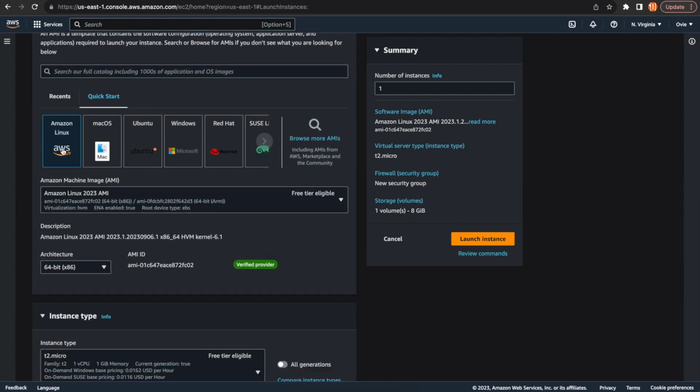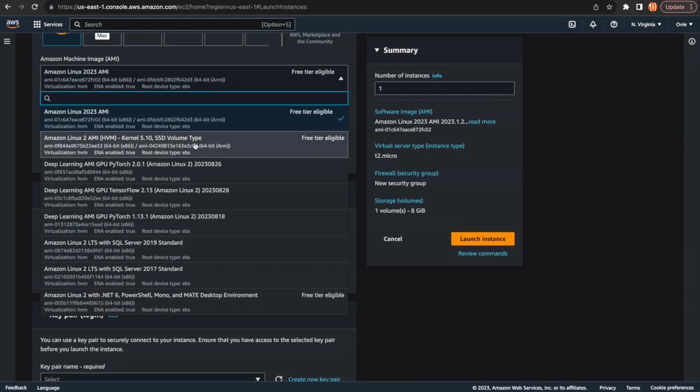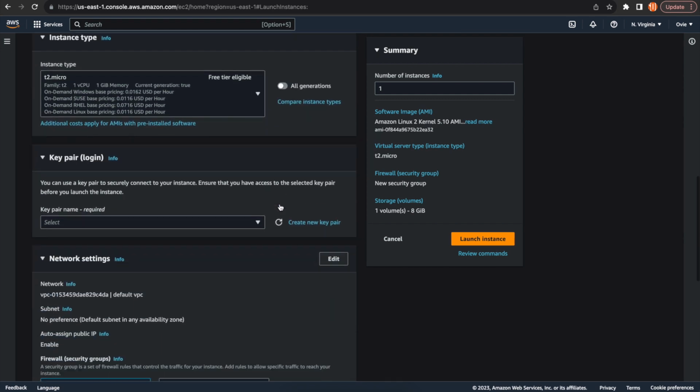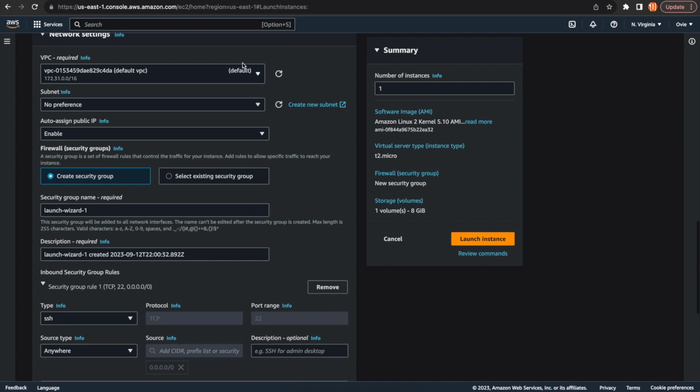We'll take Amazon Linux. I'll take Amazon Linux 2, still free tier eligible. I'm going to select my key pair, click Edit, Network Settings, pick my VPC,